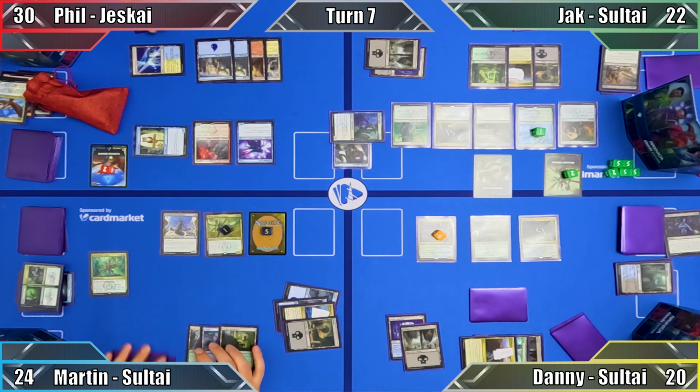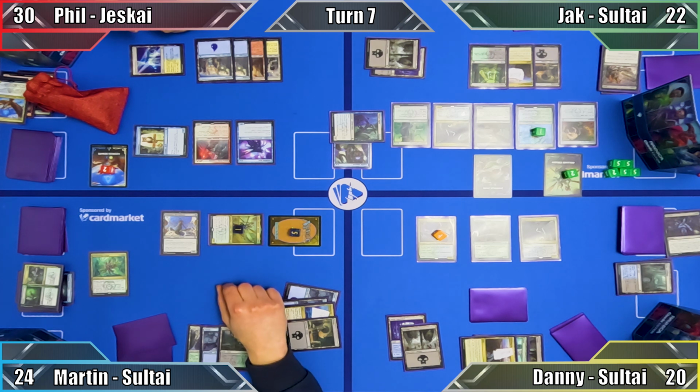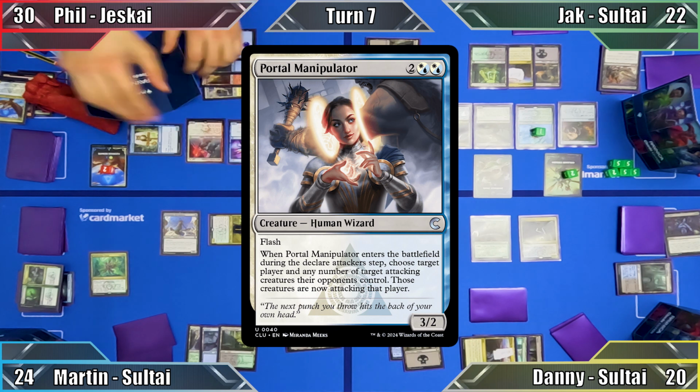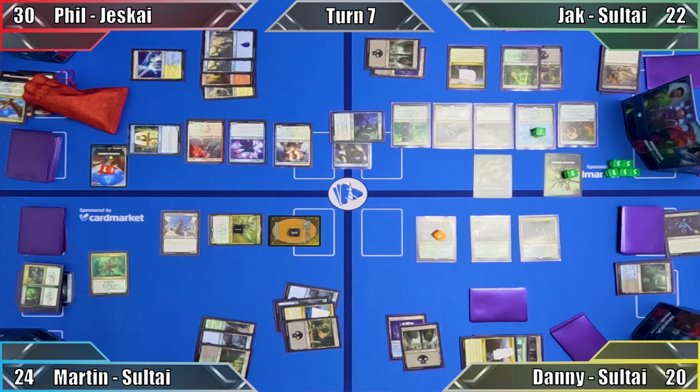No he does not. Moving to combat, I attack Phil with my Insect Shaman and 6/6 Buggy Boy, and Phil responds by flashing in Portal Manipulator. He uses the wizard's ability to force my creatures to attack Jack instead, but I respond to this by flashing